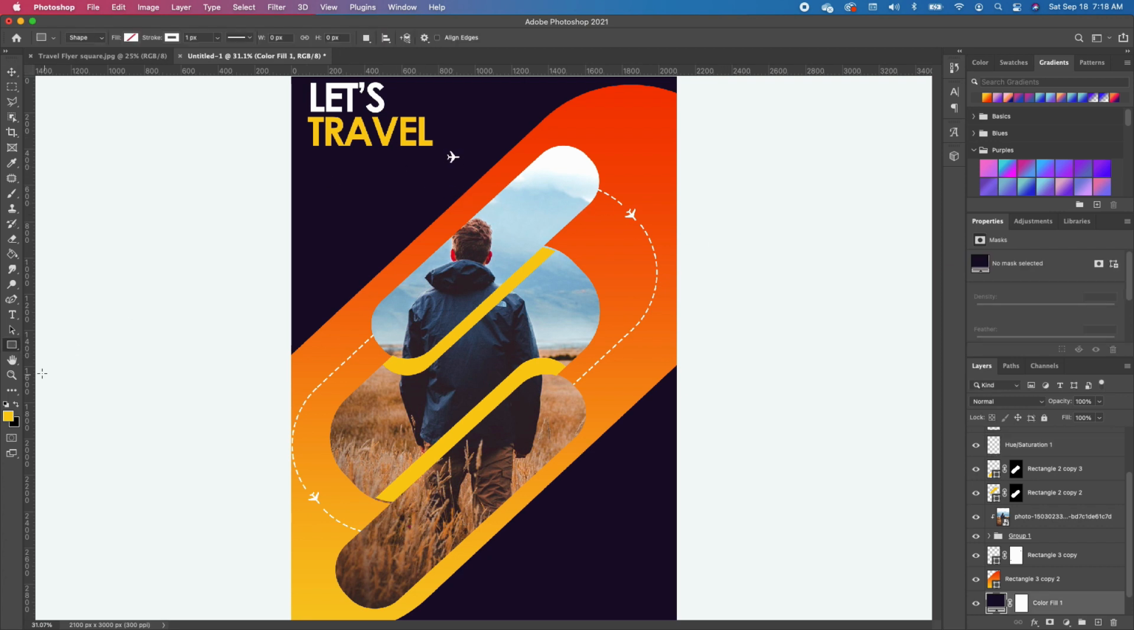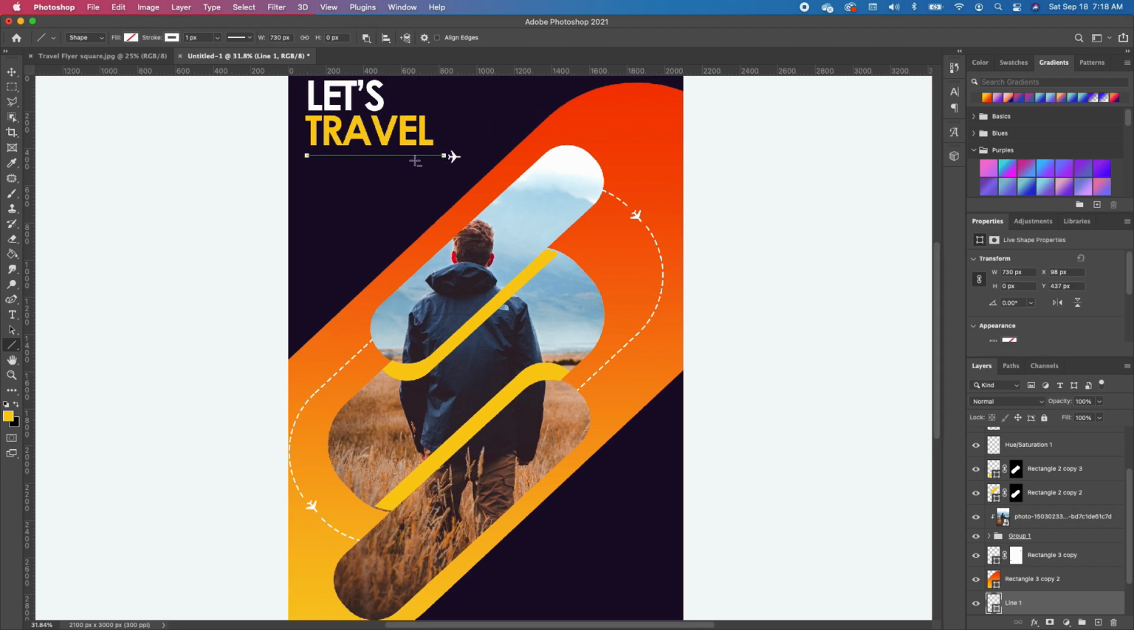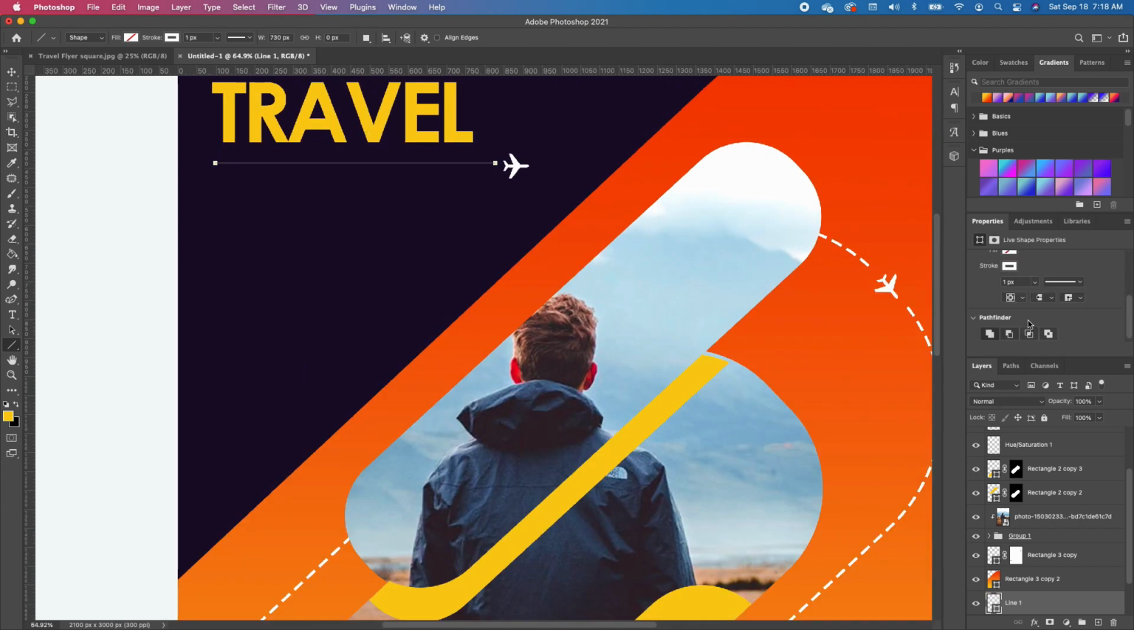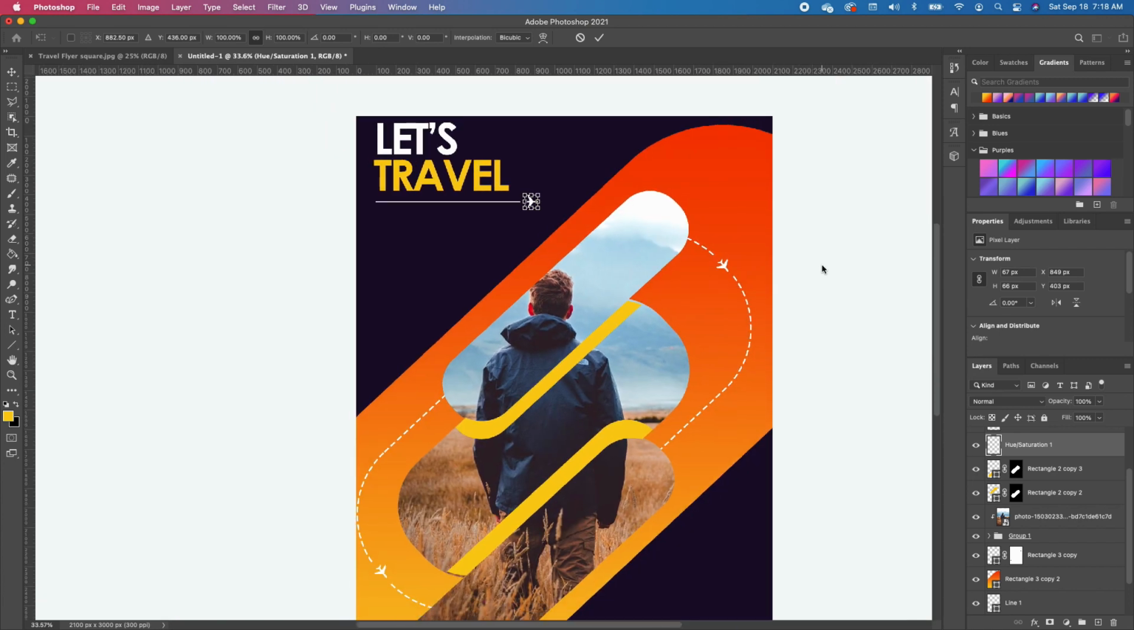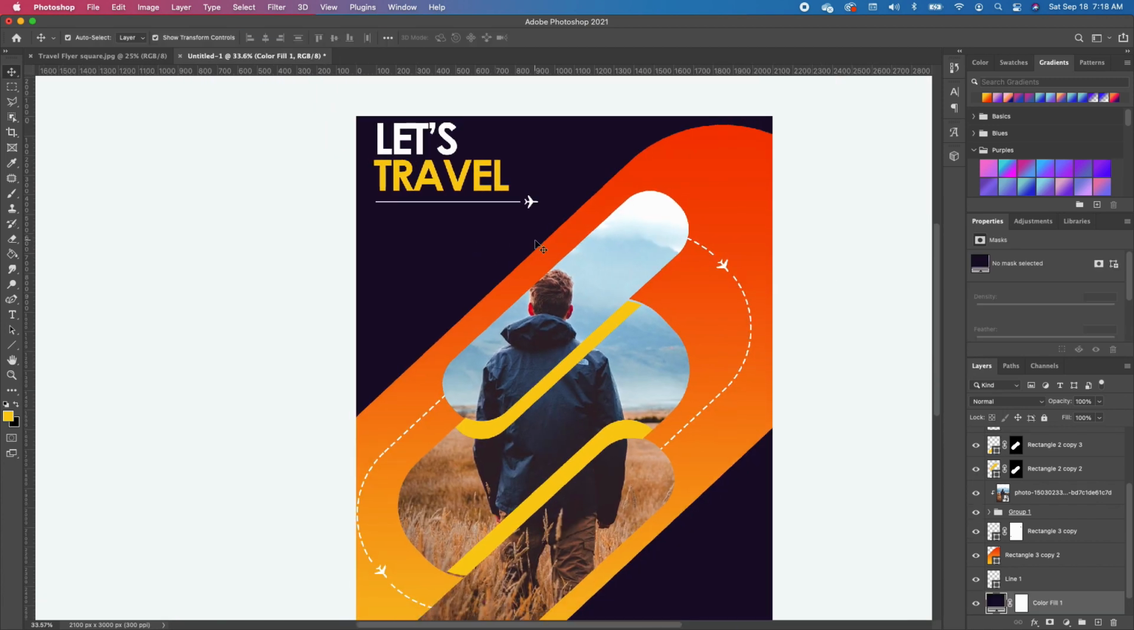Now go back to your shape, pick up the line tool, make just a straight line, hold down Shift so you get it on a straight line, and go under your property. You can go ahead and increase the thickness of your shape, or you can type it in and enter. We are done. Now go ahead and move your airplane to fit right within, zoom out, and basically we are